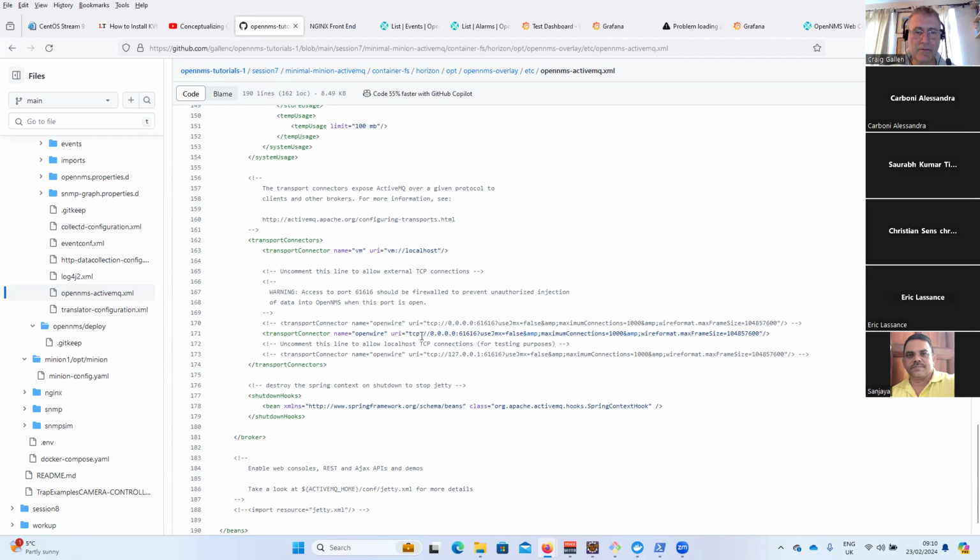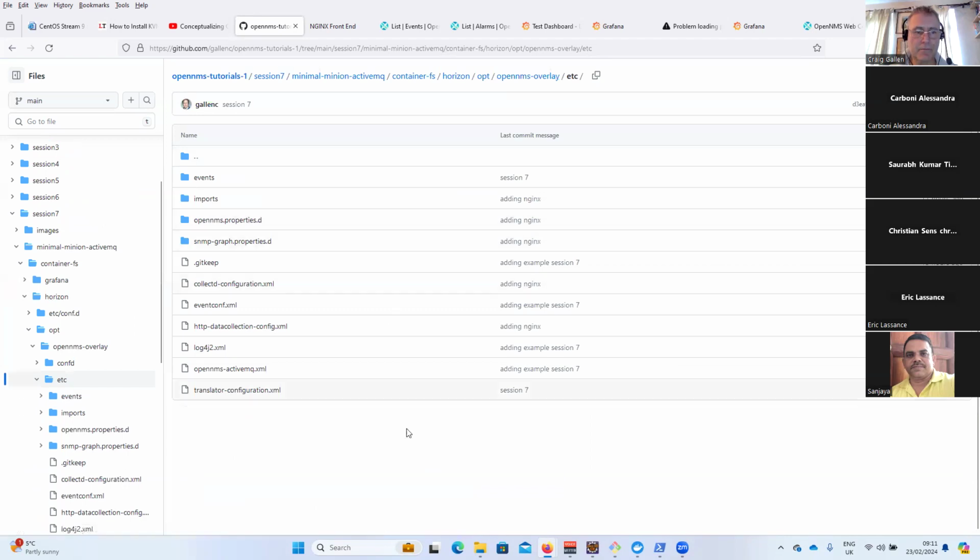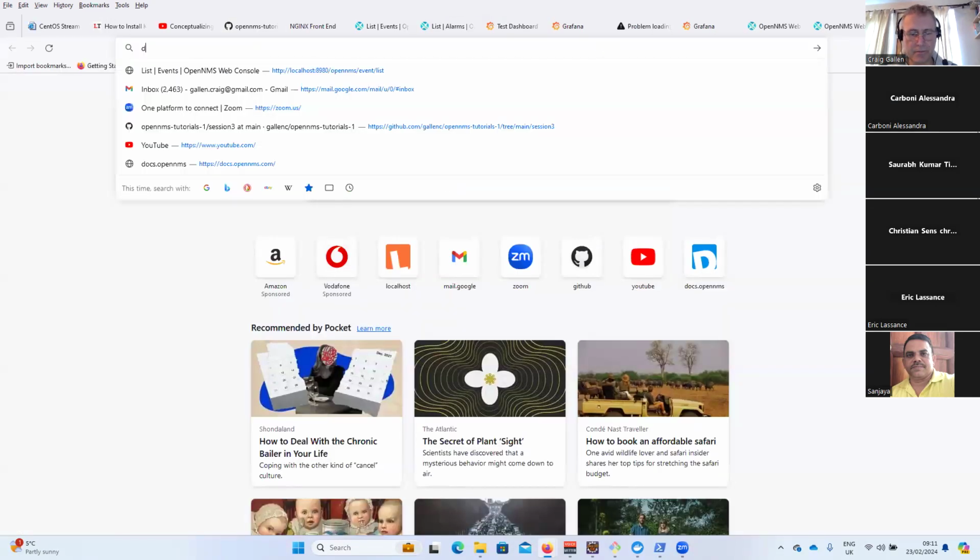And it's also the same logic for Kafka. Here we are using ActiveMQ, but probably the same logic for Kafka, right? Yes, exactly. We need to uncomment some lines if we want to configure with Kafka. So again, if you go to the OpenNMS documentation,